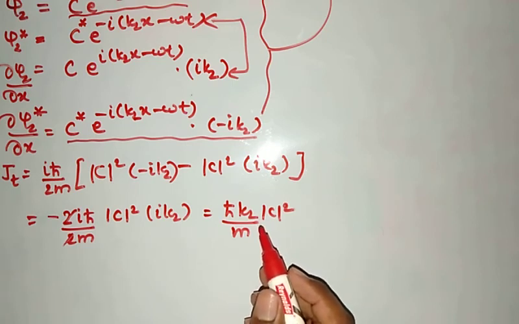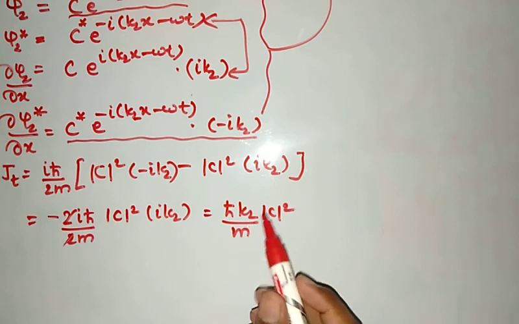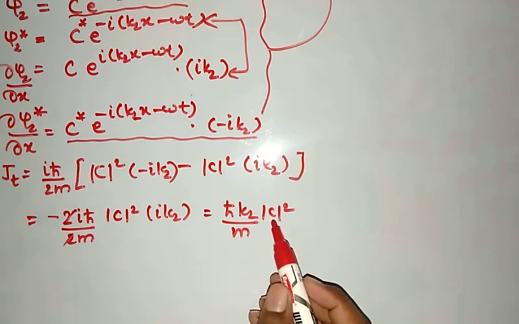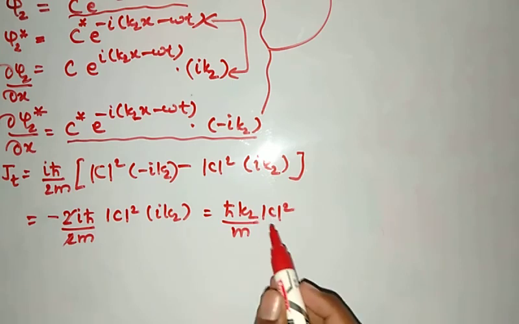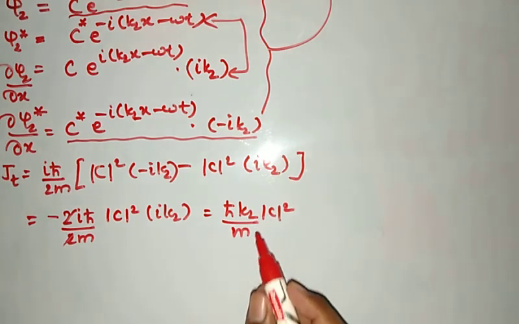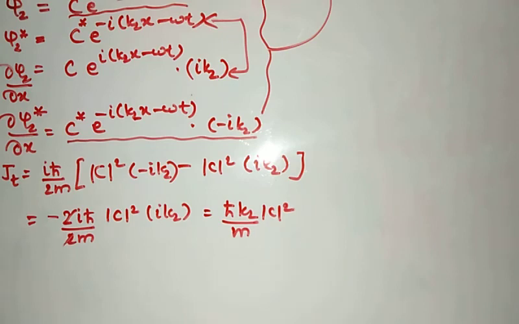To find reflectance and transmittance we need these, but there are still constants remaining. To remove them we will find the relation between the constants using the continuity equation. Now to find the relation between the coefficients, that is A, B, C, because in JI, JR and JT there are A, B, C, we have to find the relation between A, B, C. For this we will use the continuity equations.